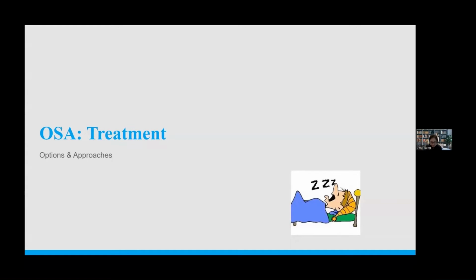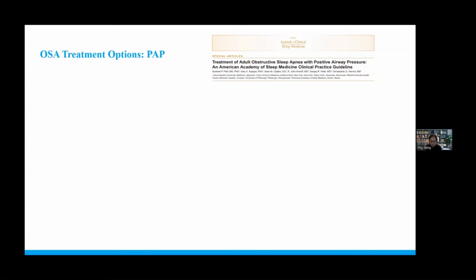So that was the diagnosis and a little bit on sleep testing. And now I'm just going to time check. Okay. I'm going to move on to the last portion of the talk, which is really to focus on treatment options. And I'm sorry if the preceding slides were a bit of a review, but this is all leading up to the treatment part. So some options and approaches. All right, so your patient has completed sleep testing and confirmed your suspicion of OSA. We have either done a home test or an in-lab study, and we have a sense of what the severity is. So what next, right?